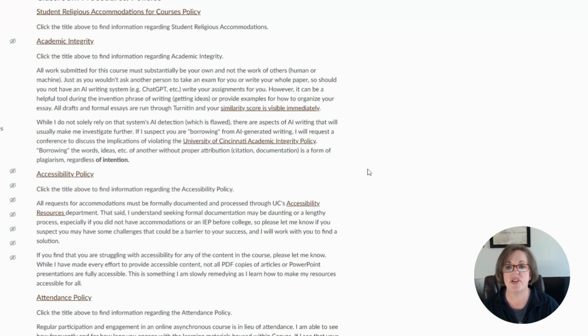I don't solely rely on Turnitin's AI detection because it is flawed. However, it does usually raise some flags for me to look a little bit more closely at the writing to determine whether or not I think it is AI generated. That said,